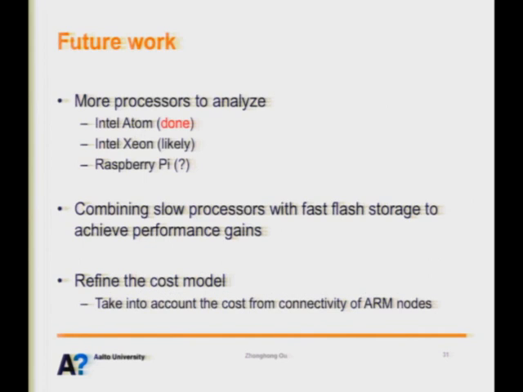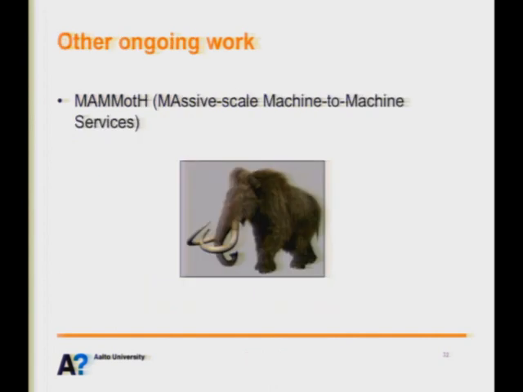But this is the future work, which we have actually covered: the Intel Atom processors can be seen as between the ARM processor and the Intel Core 2 processor. And then probably I have some time to talk a bit about the project. I will give a very brief introduction of the work which we are doing right now.